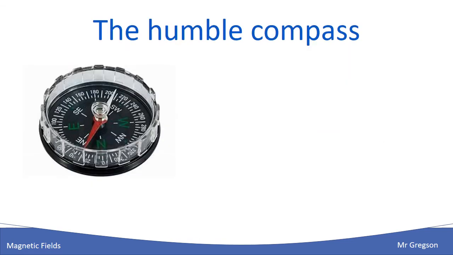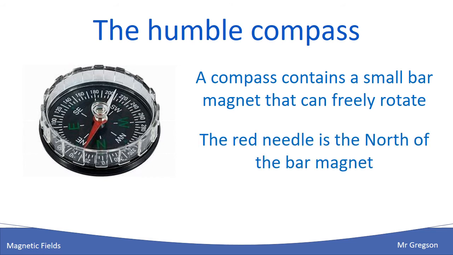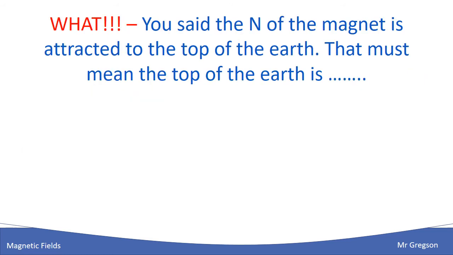Right, the humble compass. It's a small bar magnet. The red needle is the north of the bar magnet. That's quite important for this next bit. So the north is attracted to the top of the Earth. So the north is attracted to what, normally? So if I got the south,